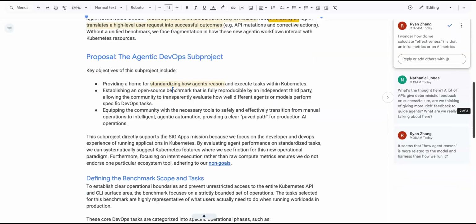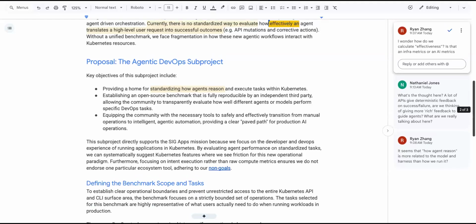For the quantitative ones, we look into latency, token usage, and more about the performance of the cluster itself post the operation: uptime, workload uptime and workload reliability. So those are the ones at a high level right now. We don't want to expand it way more because we want to have a handle on the levers that we have, and we can expand beyond that as needed.